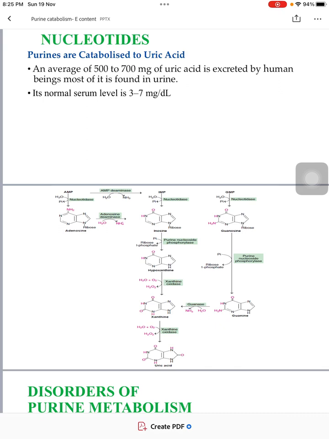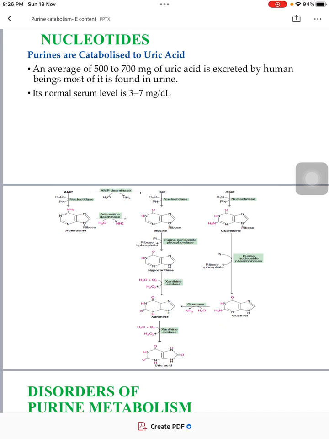converted into hypoxanthine, and the reaction is catalyzed by purine nucleoside phosphorylase. In this reaction, the ribose moiety is removed from the inosine structure as ribose 1-phosphate, and the resultant product is hypoxanthine. The next reaction is catalyzed by xanthine oxidase, where the hypoxanthine is converted into xanthine, and there is the removal of hydrogen peroxide. In the xanthine, there is the incorporation of oxygen and hydrogen at the second and third position of hypoxanthine, and